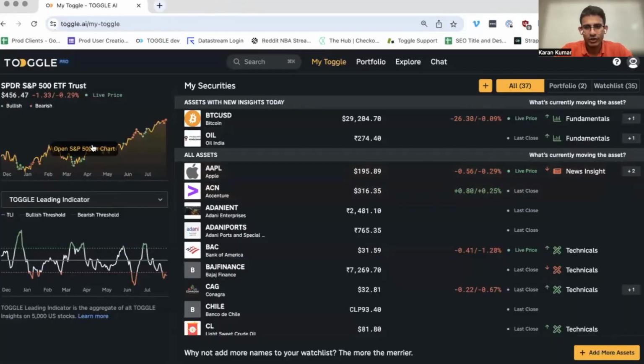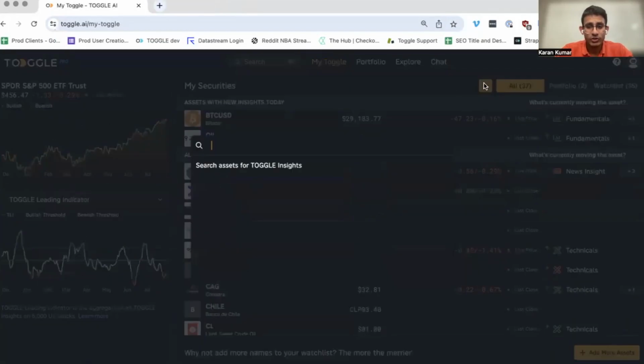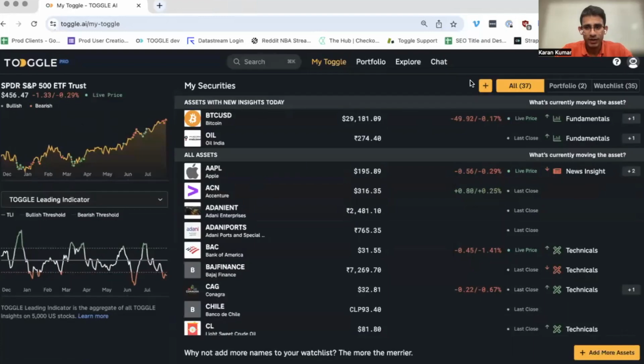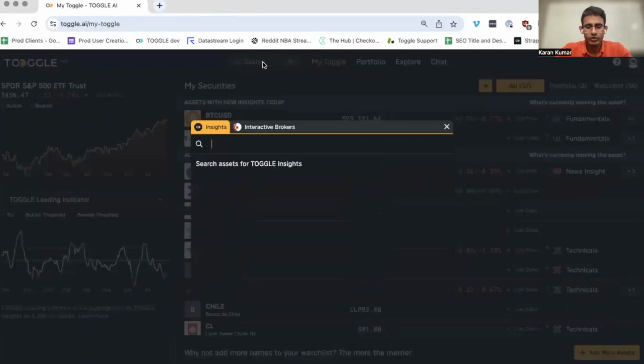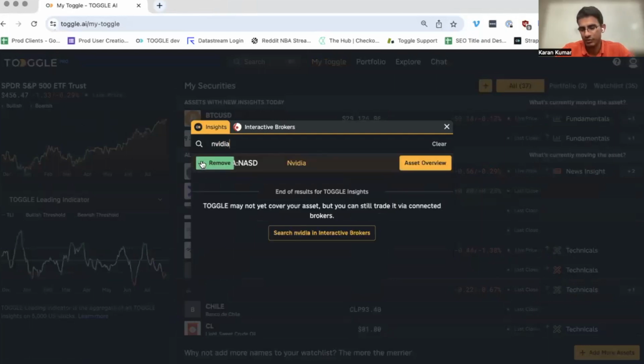And then you've got an SPY chart here. You can add names to your watch list throughout the platform by hitting the plus here, or if you search up an asset, let's do NVIDIA. And if it wasn't on your list, you can hit remove and then add it to your watch